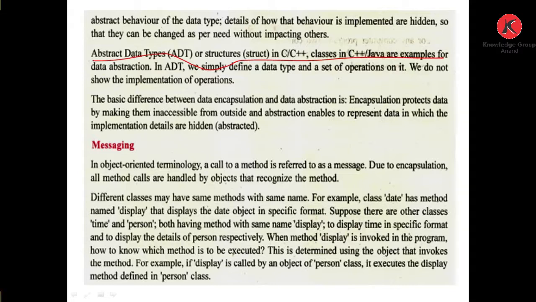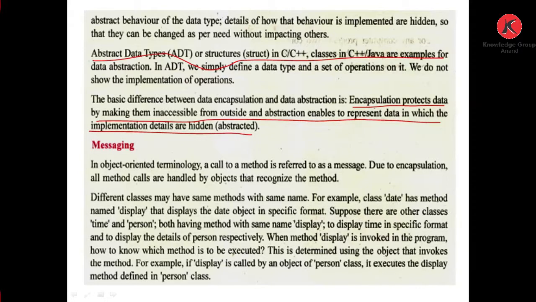The basic difference between data encapsulation and data abstraction is that encapsulation protects data by making it inaccessible from outside, and abstraction enables us to represent data in which the implementation details are hidden.